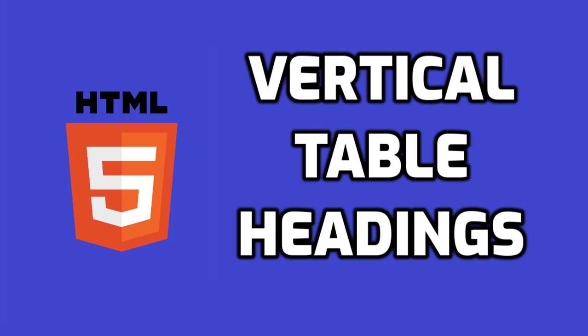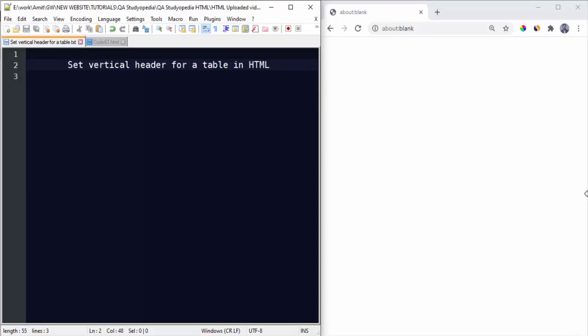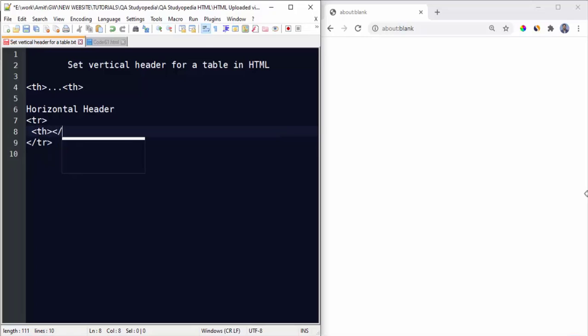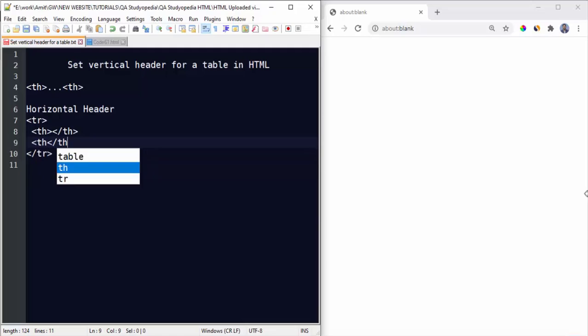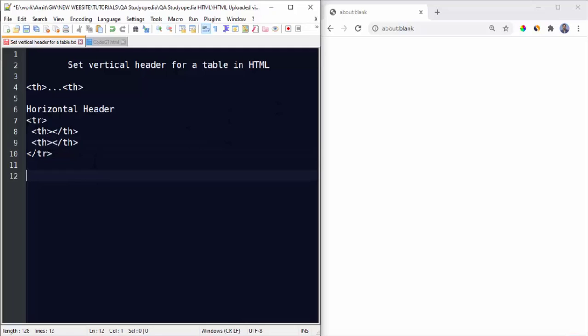Hello guys, in this video we will see how we can set vertical header for a table in HTML. At first, to set header we use th tag. To create horizontal header, what we do, we enclose under tr tag, that's it. Set headers here. That's it. But to create a vertical header,